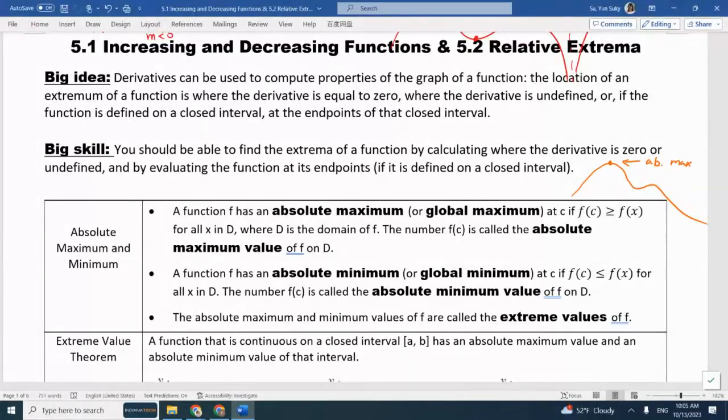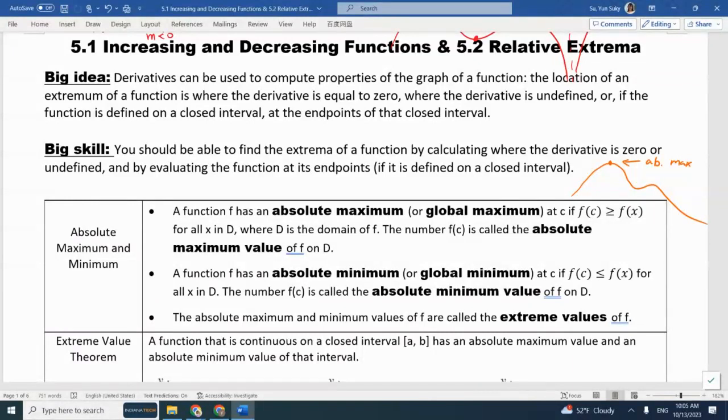Is this the highest point of all the x in the domain? No. Yeah, it's a local maximum. It's not an absolute maximum. Right. And then a function has an absolute minimum, or global minimum, if f of c is less than or